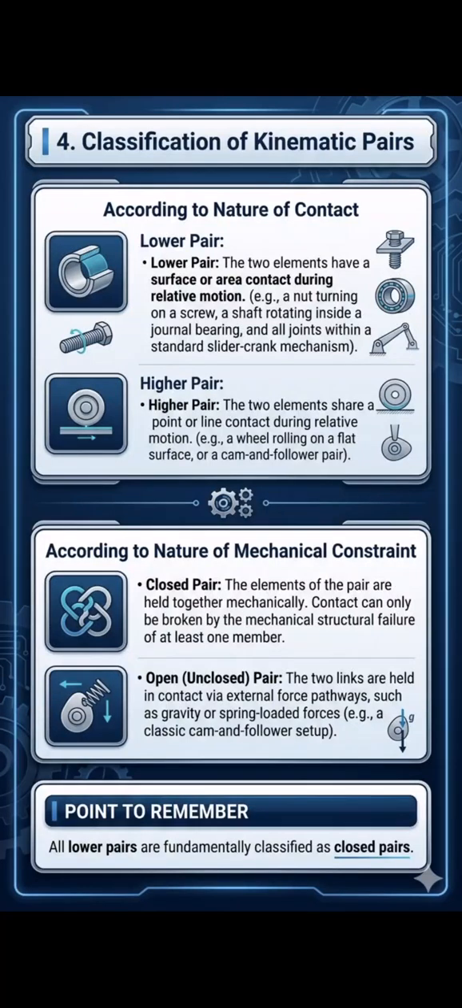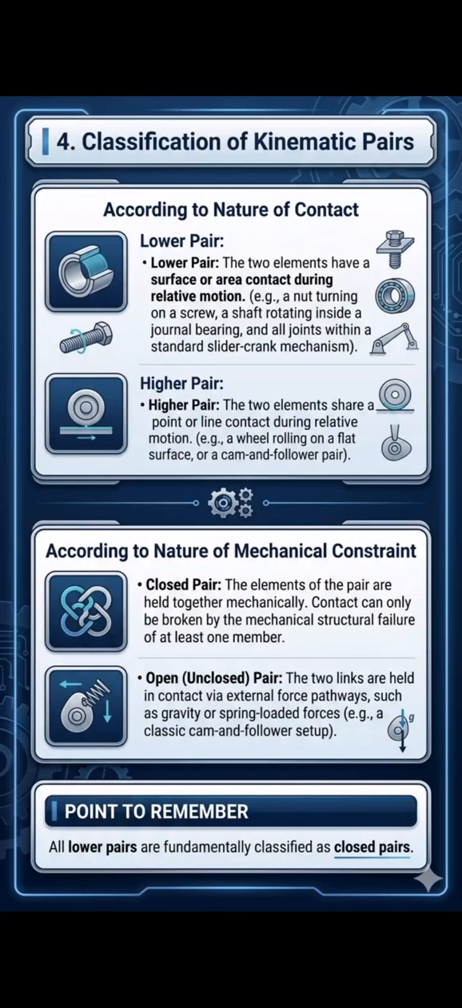Classification of kinematic pairs according to nature of contact. Lower pair: the two elements have a surface or area contact during relative motion. Example: a nut turning on a screw, a shaft rotating inside a journal bearing, and all joints within a standard slider crank mechanism. Higher pair: the two elements share a point or line contact during relative motion. Example: a wheel rolling on a flat surface, or a cam